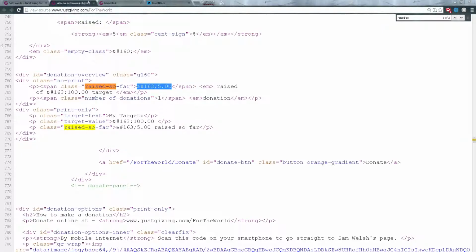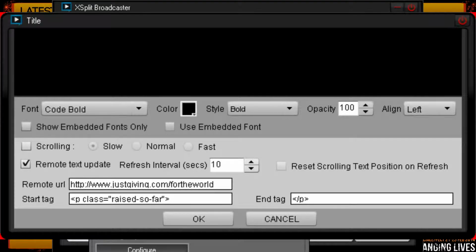So what we do is we're going to enter a remote URL. In this case, whatever your JustGiving page is, whilst testing it, you want to test it on somebody who's raised some money, because some of these text updates require a donation, just to make sure it's working. When you're done and happy the code works, just switch the remote URL to your JustGiving page. So the start tag in this case is p class raised so far, and then the end tag